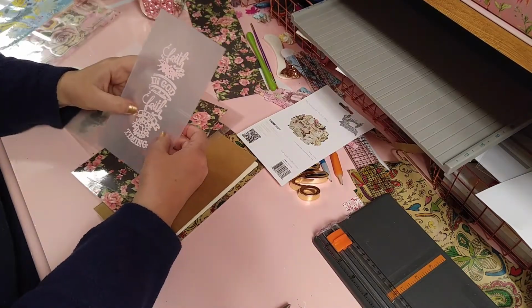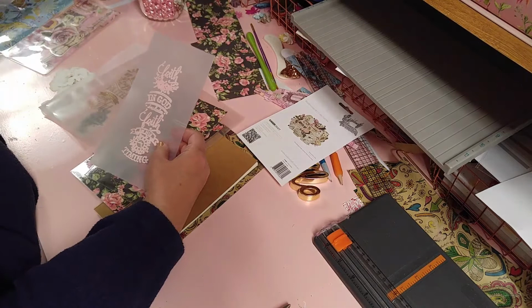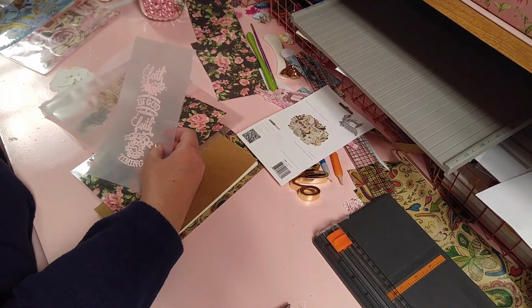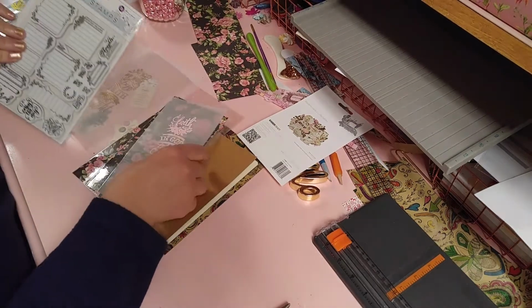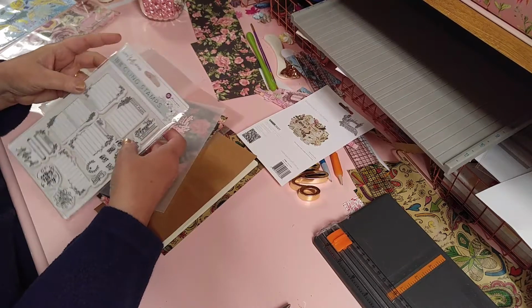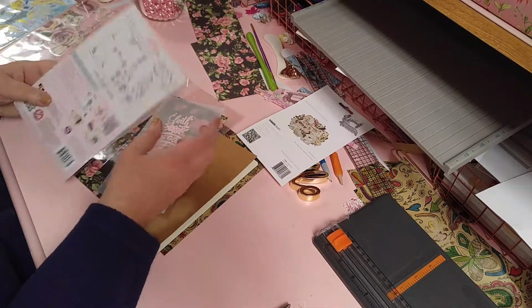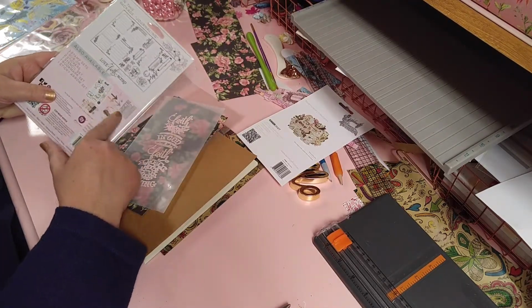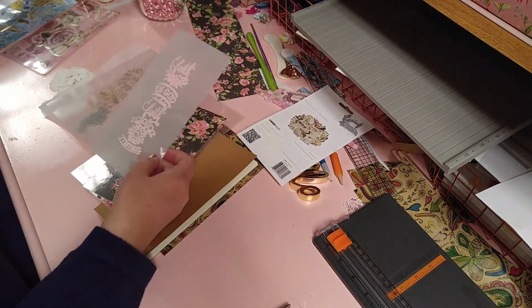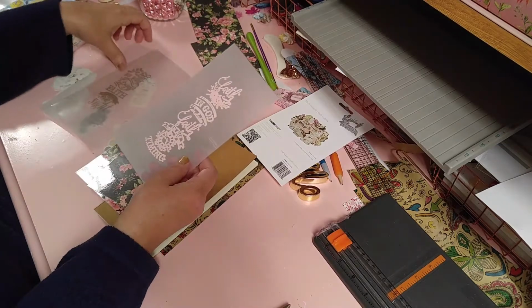And I have this lovely stamp set here from, what brand are you? Because I know y'all are going to ask, so I might as well. Prima. I should have realized that. Love, Faith, Scrap. I've got the 3-pack of the different stamp sets, and they're beautiful. They're Bible verses and then a lot of other little things. And what I did